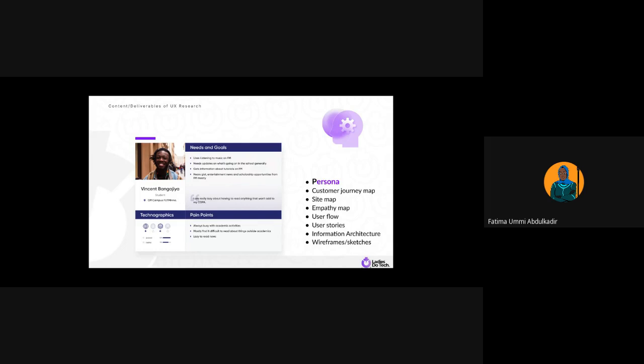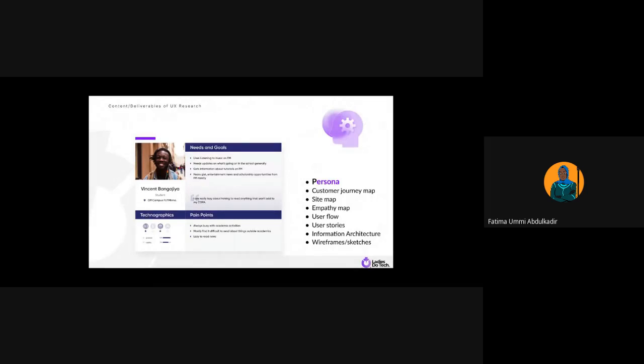On a persona you want to cover the needs of the user, the goals of the user, the pain points of the user, and the behaviors of the user. You want to cover the things the user states, things that stood out to you when you were talking to that user, maybe some quotes the user said, something that stood out to the problem you are trying to solve.